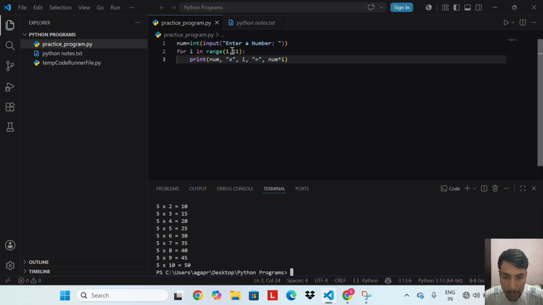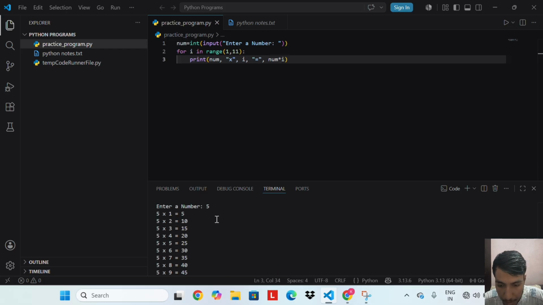Inside print, commas separate the different parts: the number, the x symbol, the value of i, the equal to sign, and the result. Python prints all of them with a space between each.